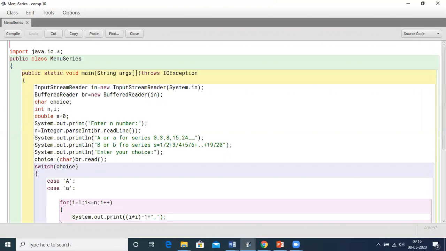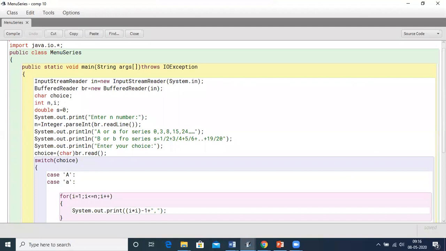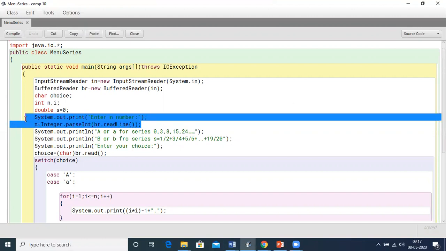Now as you can see, the first line, import java.io.*, I am writing over here because I am using another class like scanner class. You can also use Integer.parseInt. Both the types are accepted in ICSE.